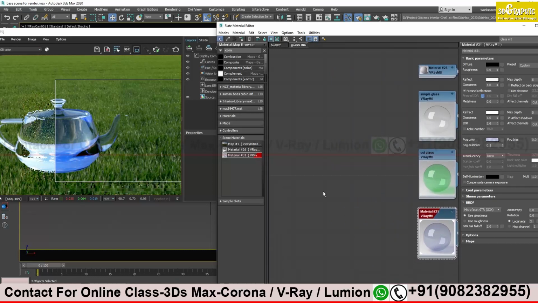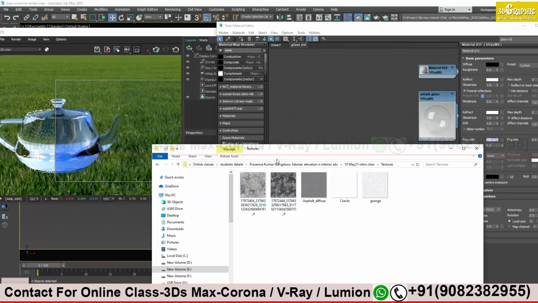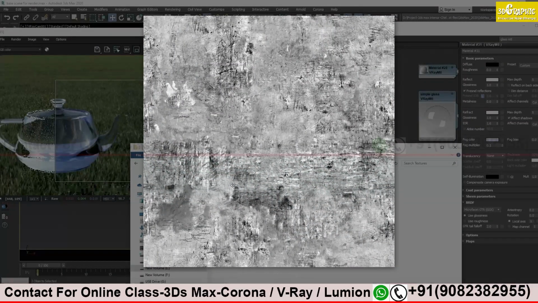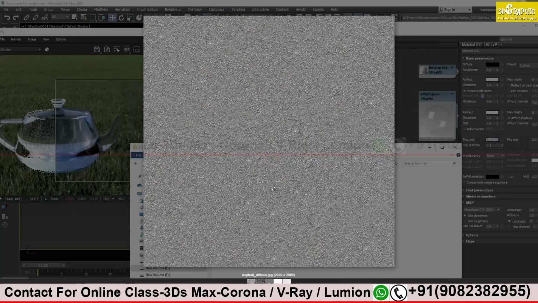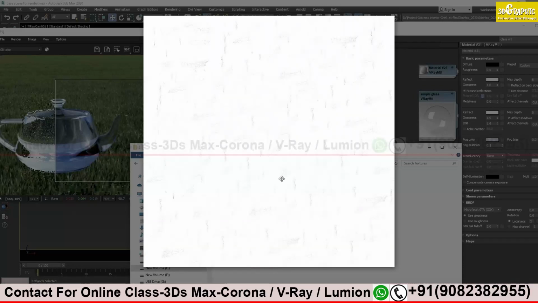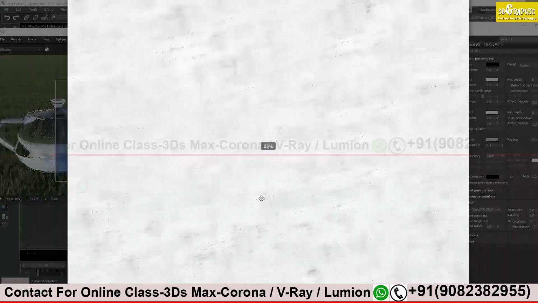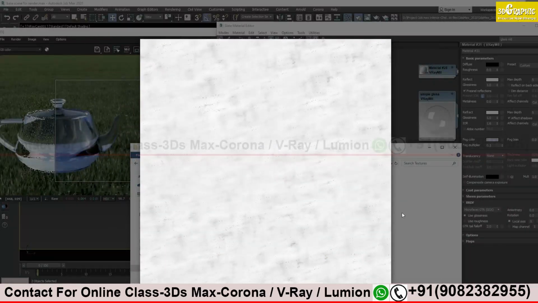The folder that I have shared with you, the textures, if you have downloaded that, you will see we have a number of black and white textures. I googled and downloaded a few road textures for this. This is the main road texture, these are the dust, and if you zoom in, these are the cracks we can apply on our road. The dust, pores and holes we can create.